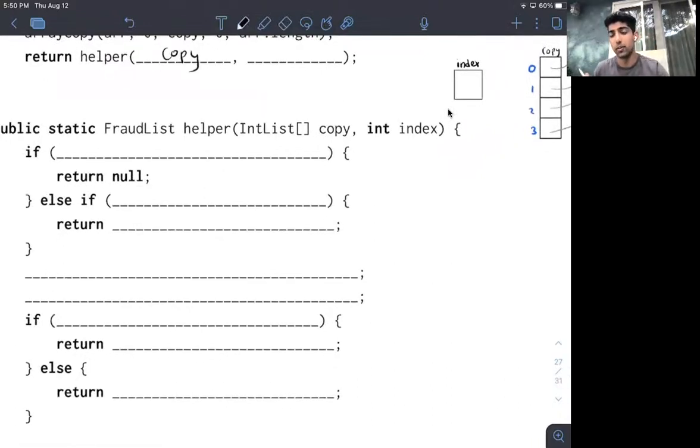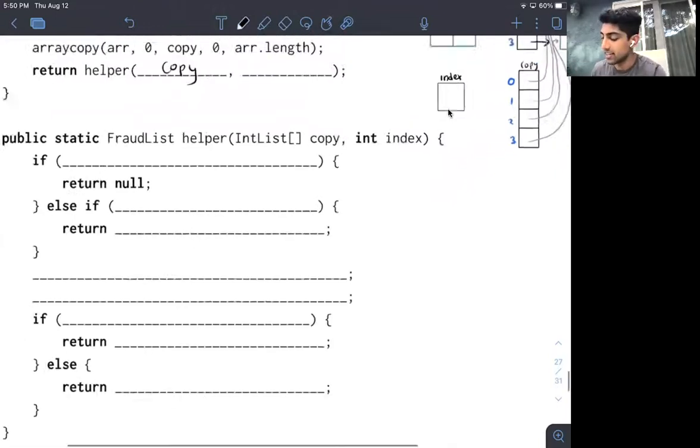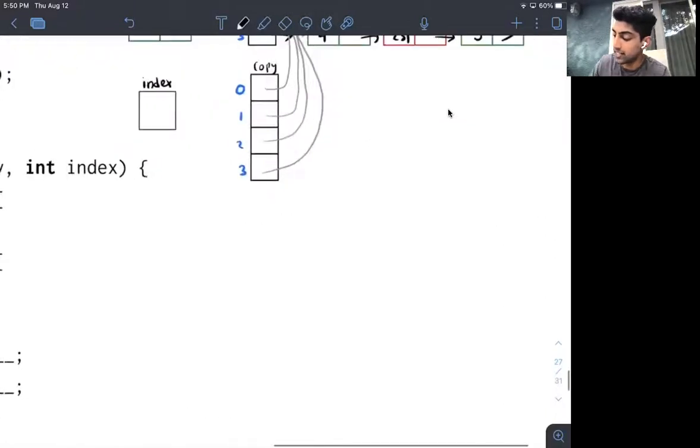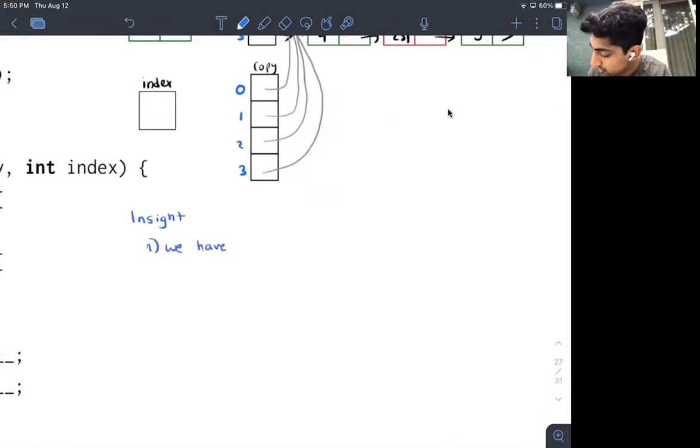And at this point, what I really want to emphasize is that we'll notice that this problem has to be solved recursively. Okay, so my insight, if I were approaching this problem as a student, the first thing I realize is that we have to solve this problem recursively.